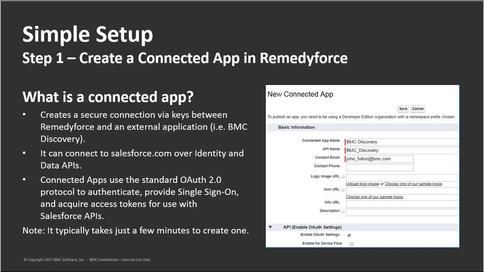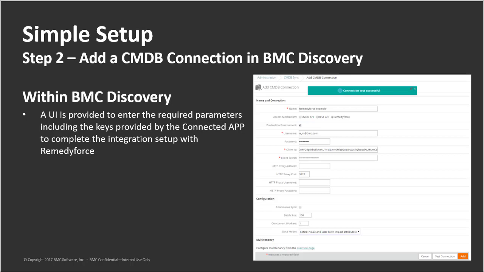So we go to step 2. Step 2 is on the BMC Discovery side. Again, there's a UI that they provide. It's the same method that they use to integrate to the Atrium solution. Same technology, same process. So if you've already done that, you'll be familiar with these steps. A few parameters need to be entered, including the strings that were provided through the connected app. Once you create that connection,